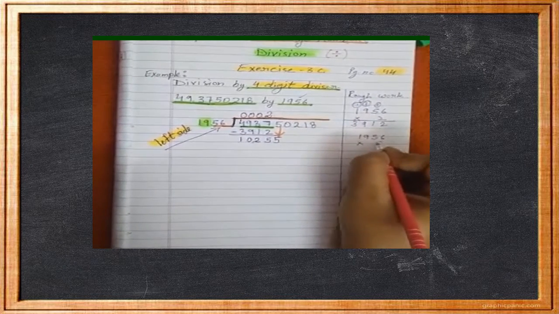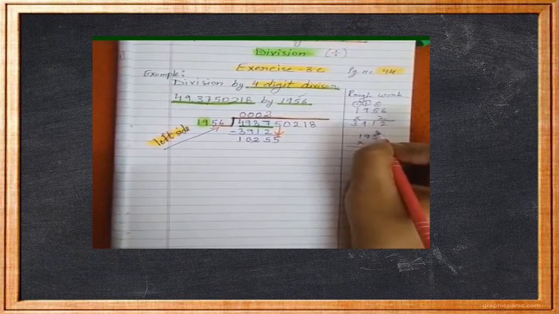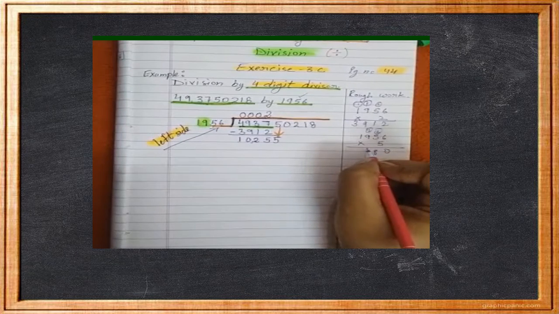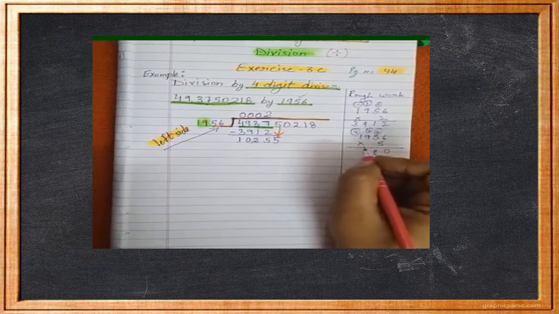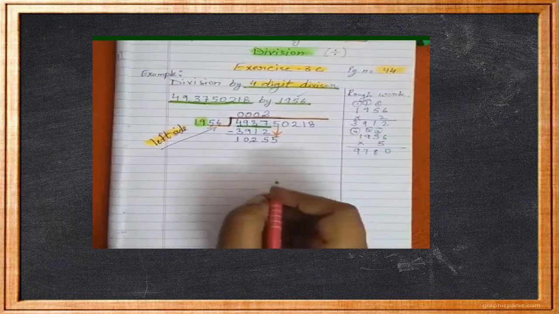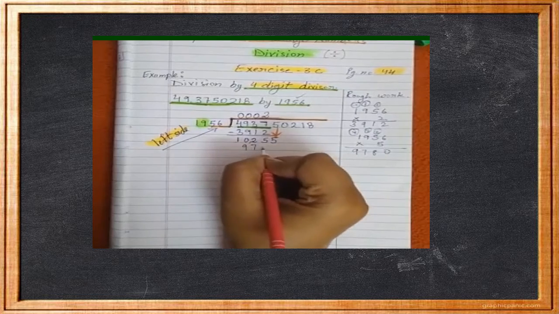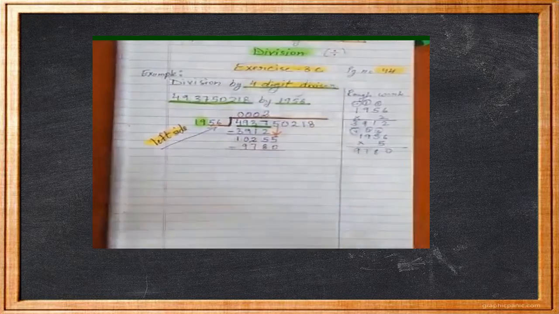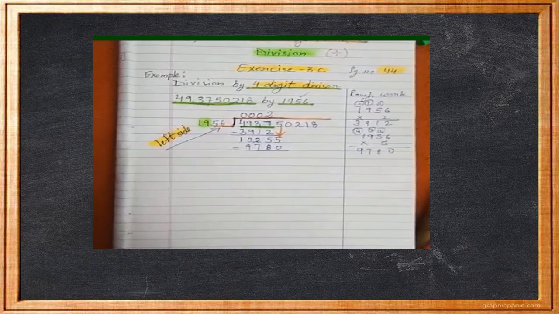So multiply 1956 by 5. Yes, 5 6s are 30, 5 5s are 25, 3 28 will be here, 2 will be here, 5 9s are 45, plus 2 is 47, and 4 will be here, 5 1s are 5 and carry 4. 9780. So children, write here 9780. And children, remember, the placing of digits in a number is very important. If you place it in the wrong place, you will get the wrong answer.